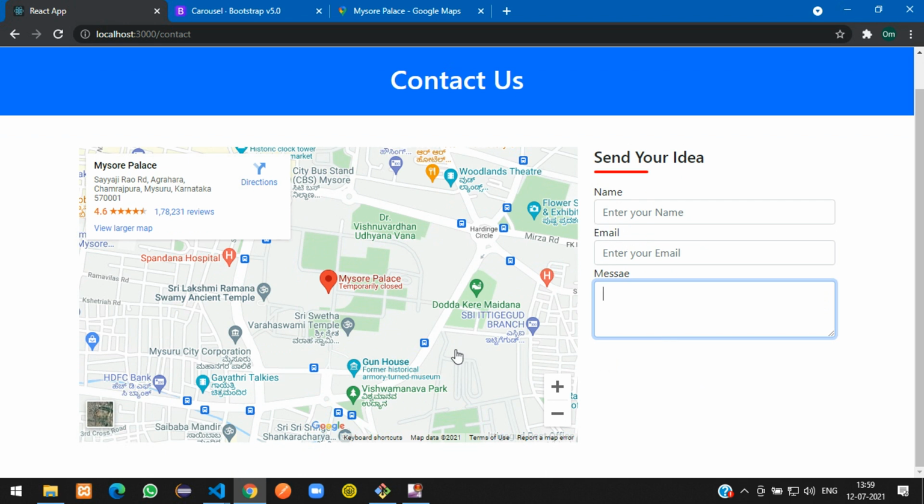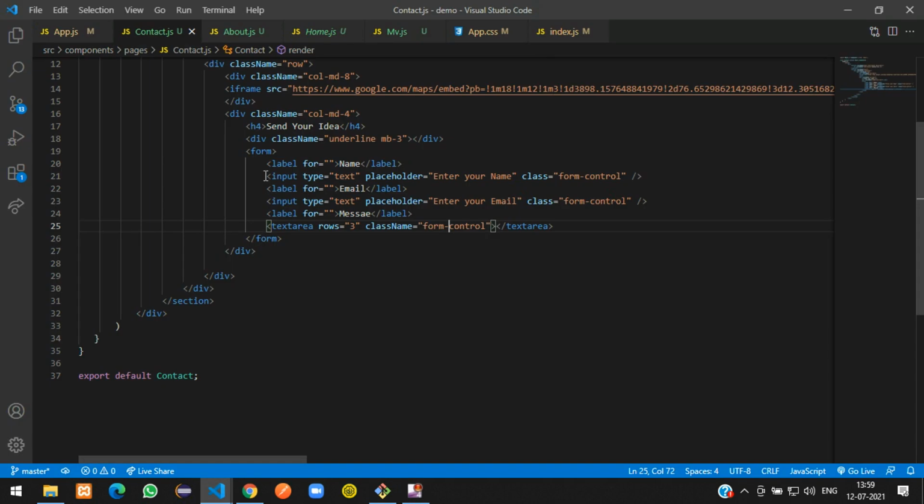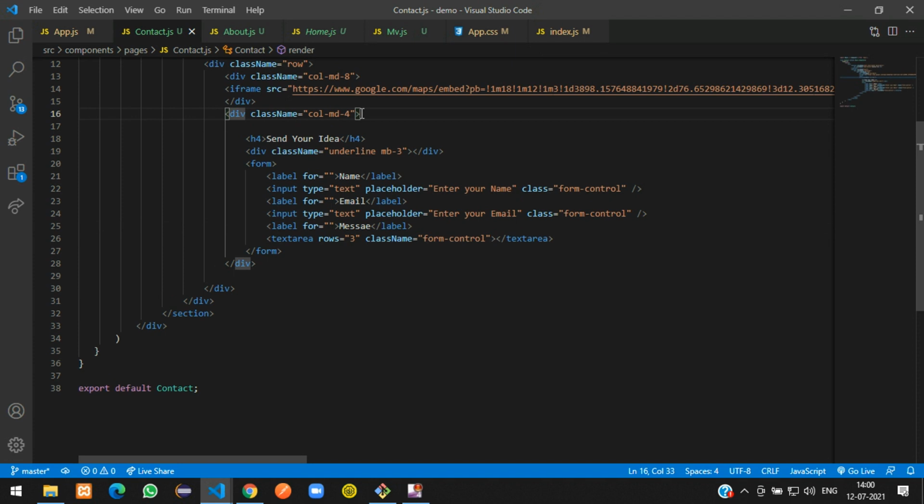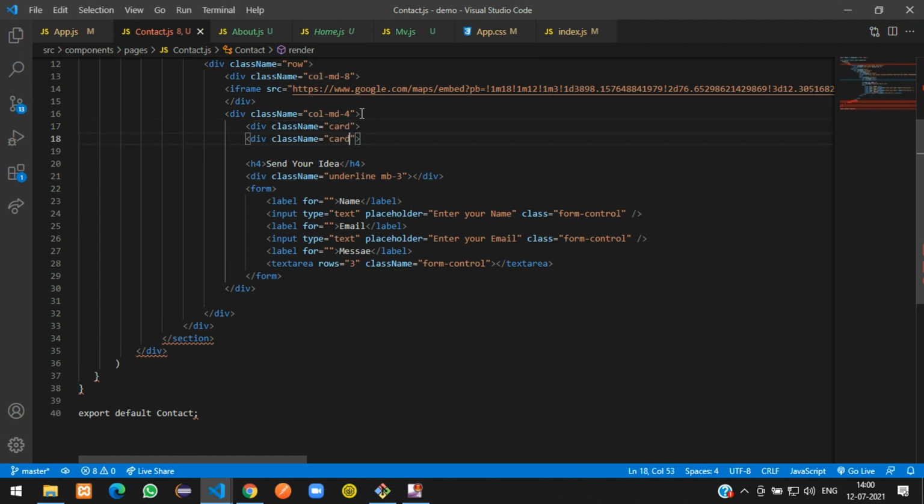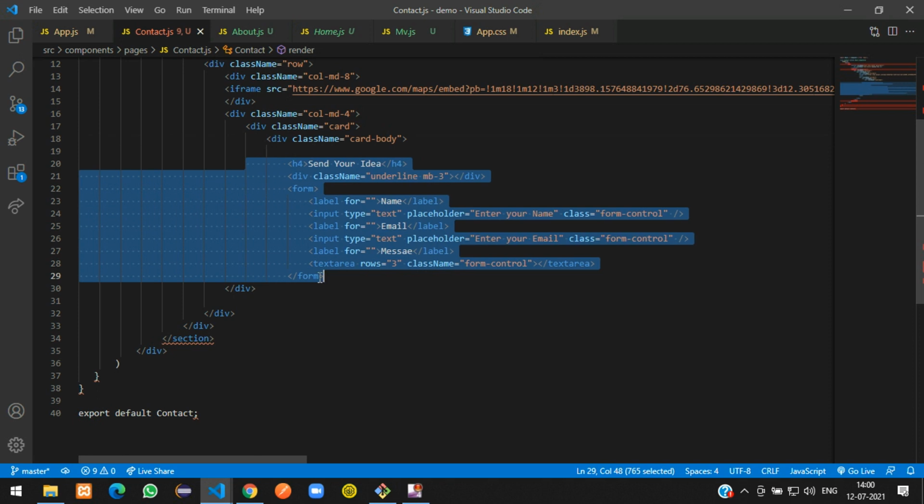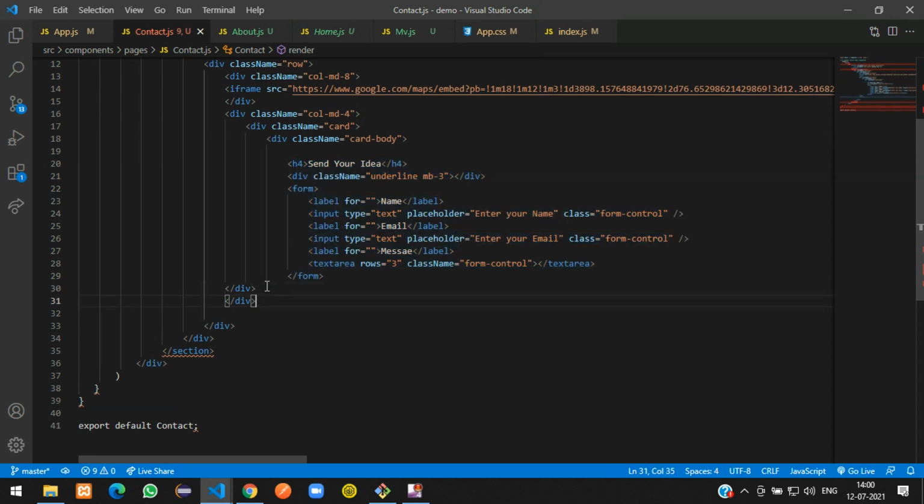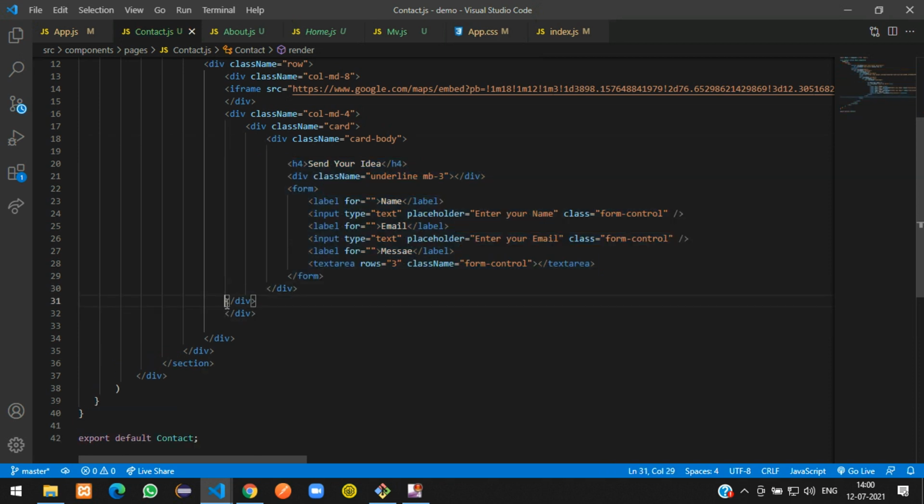So just give some spacing to this and a border. So we'll put this in a card. So this send your idea, here we are going to give a card. So just copy and paste the div. This is a card, and the card body, these things are going to be inside the card body, and close the div. Okay, save,